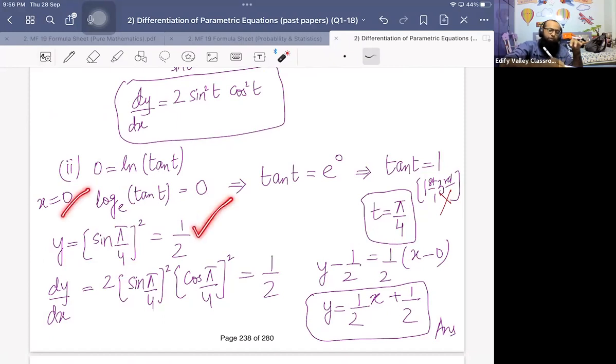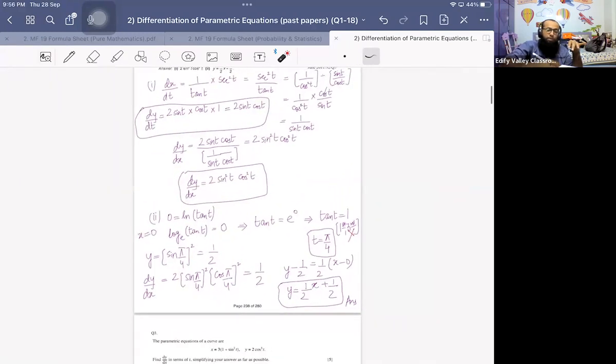So we have got the value of x, that is 0. We have found the value of y. We have found the value of gradient. y minus y1 equals m times x minus x1 will give us the equation of the tangent, and that is y equals half x plus half. With this, I've completed question number 2 as well,